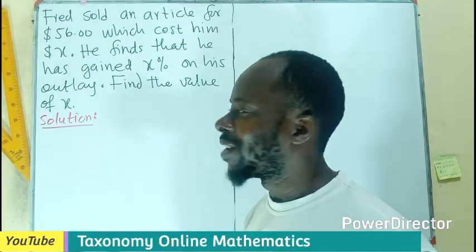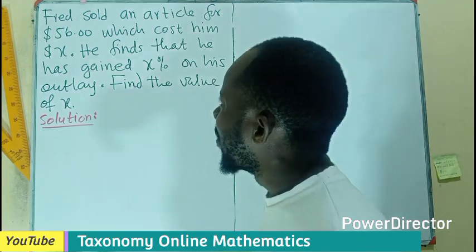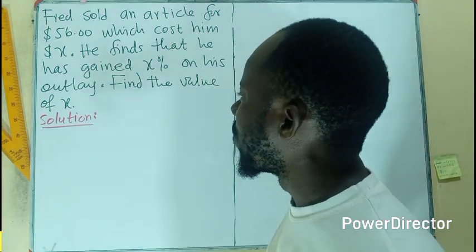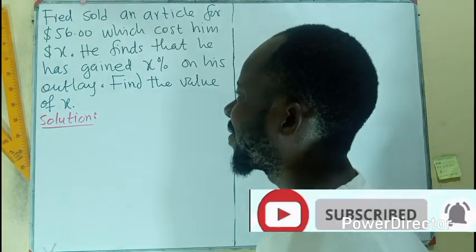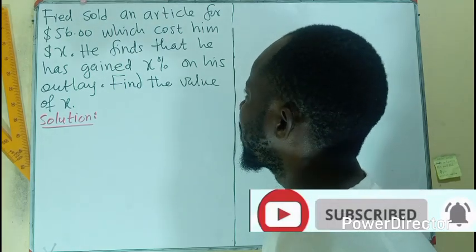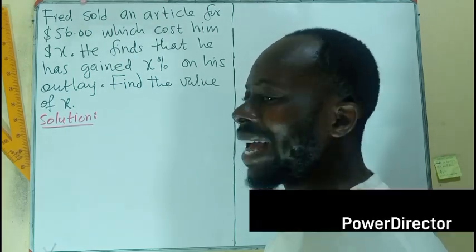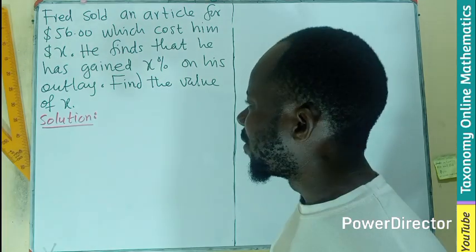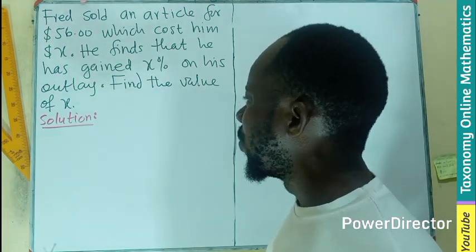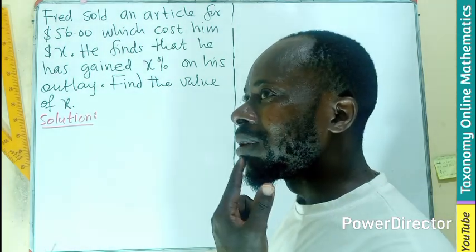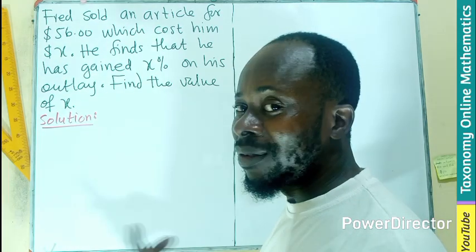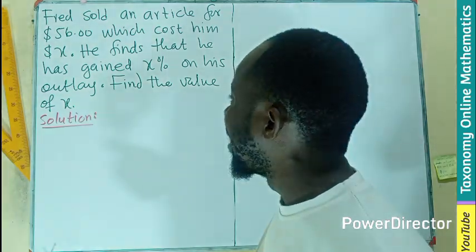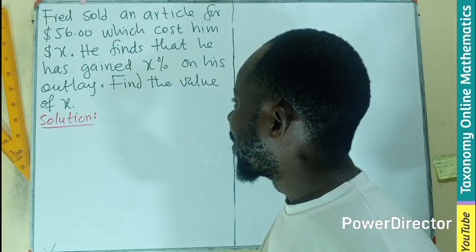Let's see how we can go about it. Fred sold an article for $56, which cost him X dollars. He finds that he has gained X percent on his outlay. Find the value of X. Looking at this, we can do it severally, but let's see if I can just pick one of